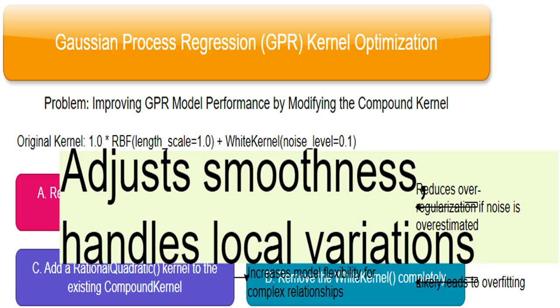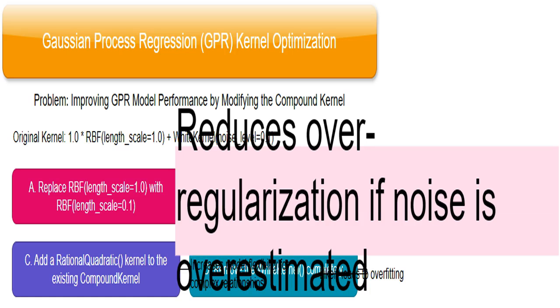This describes the effect of changing the RBF kernel's length scale. A smaller length scale, like in option A, results in a less smooth model that can better capture local, smaller scale variations in the data. This explains the impact of reducing the noise level in the white kernel, option B. If the model initially assumed too much noise, reducing this level prevents overregularization, which can make the model too smooth